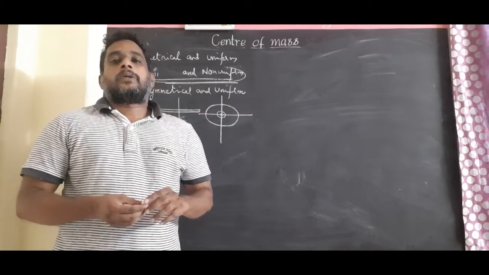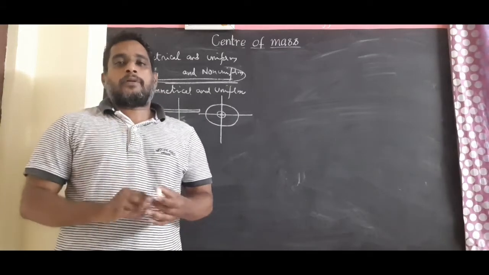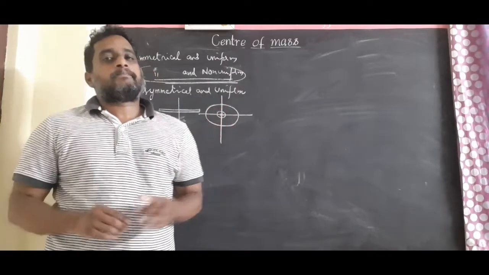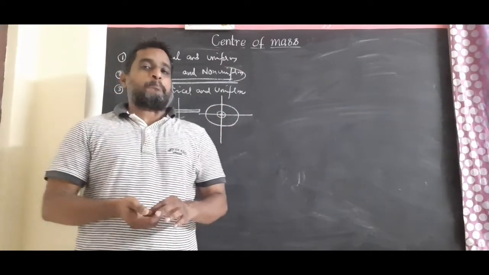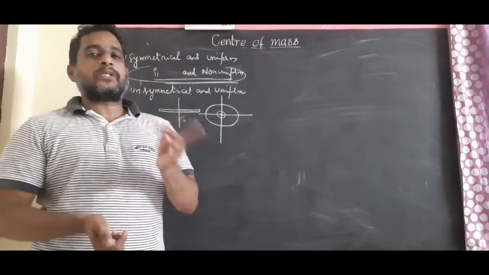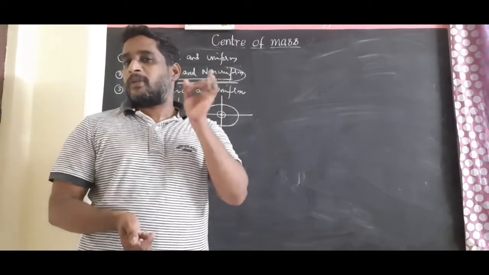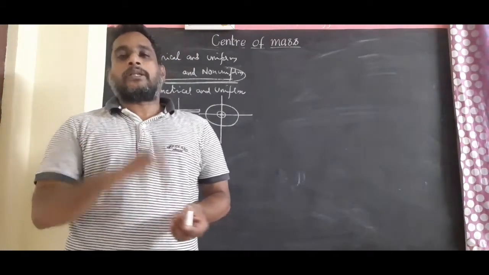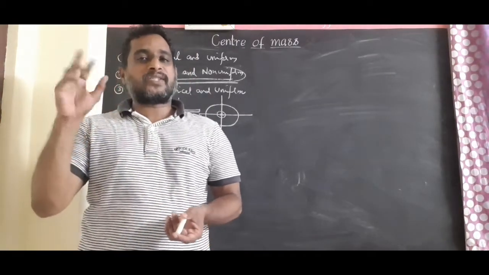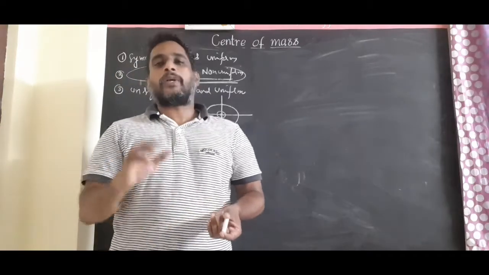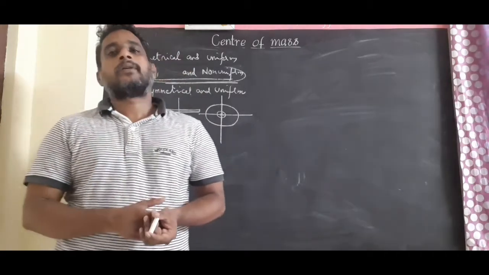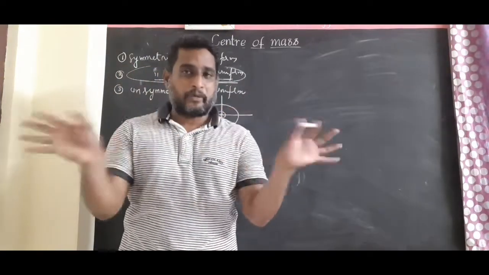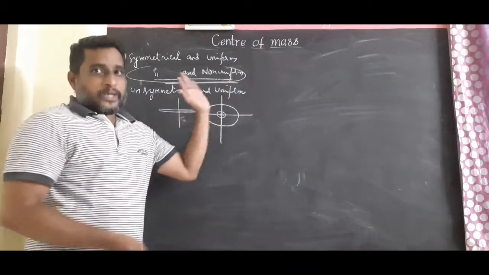Here also, I consider an example of a thin symmetrical rod, but it is not uniform. That means the density of that rod is changing. So relating to this example, if any numerical is given in the competitive examinations, they clearly provide data relating to that density, how that density is changing. Based on that, we can locate the position of center of mass. That method will be the same. What I have done in the first case, here also the same thing will be repeated. See, look at this example.